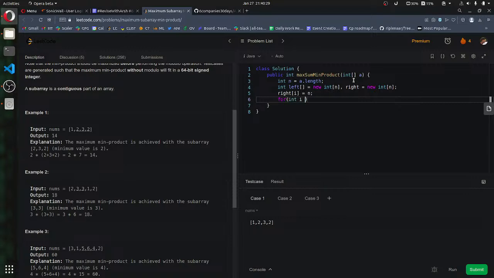So for int i equal to n minus 1, i minus 1. Okay, while p is less than n, and